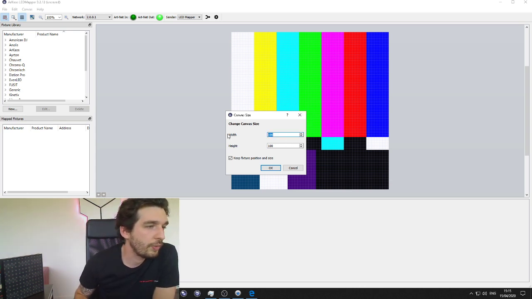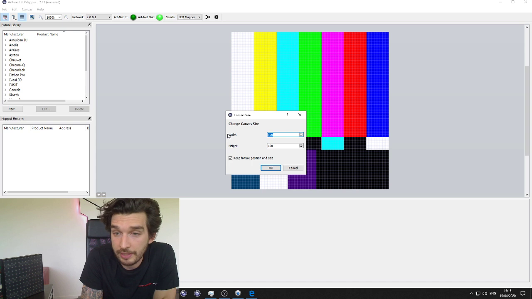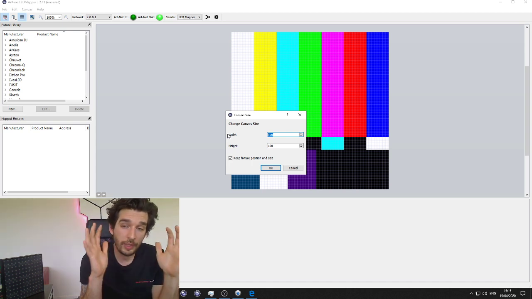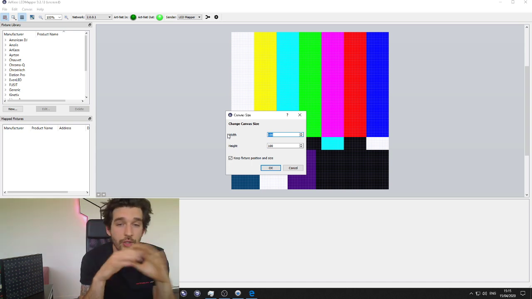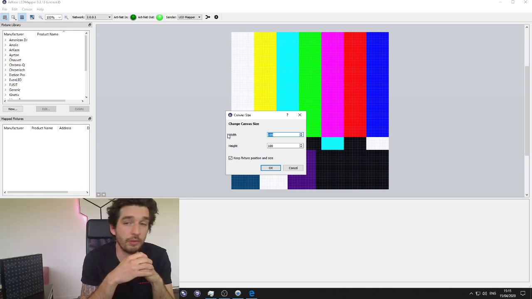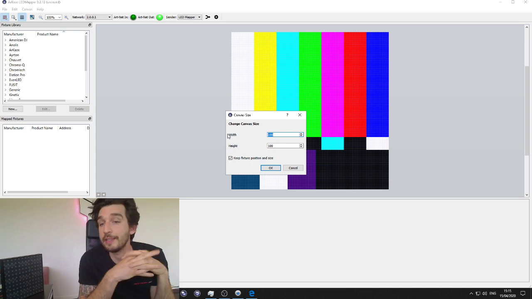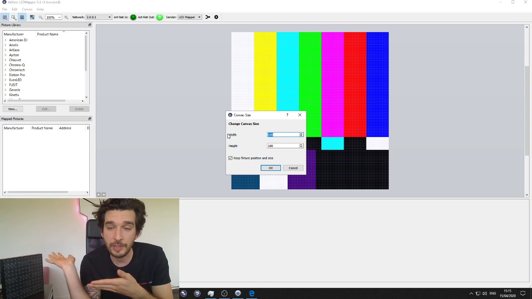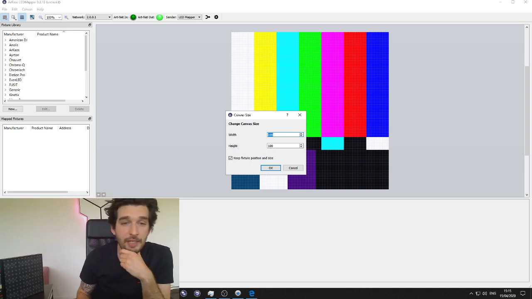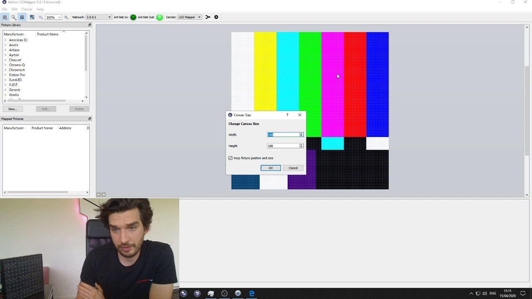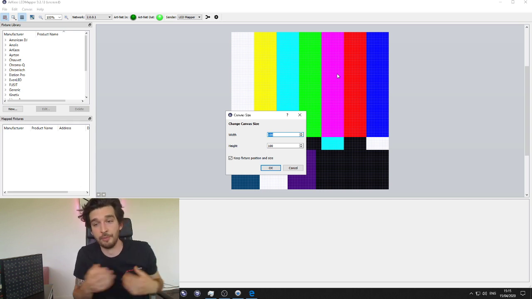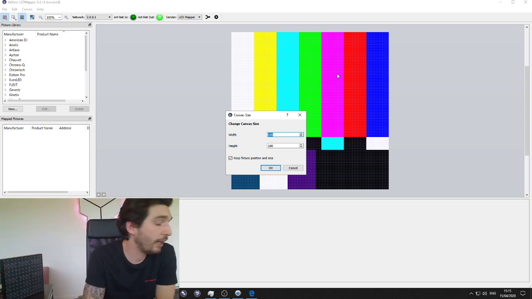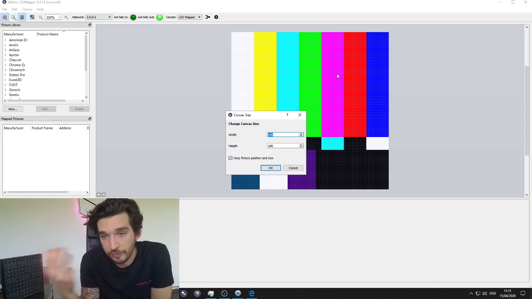You don't need to have a canvas of a 4K size. You can shrink it down, keeping the ratio, keeping your pixel mapping order, but try to have an optimized canvas. If you have 5 fixtures of 12 by 12 pixels that you're going to place in that canvas, you don't need to have a canvas of 4000 by 4000. That doesn't make any sense. That gives extra processing on the system for not a lot of reasons.